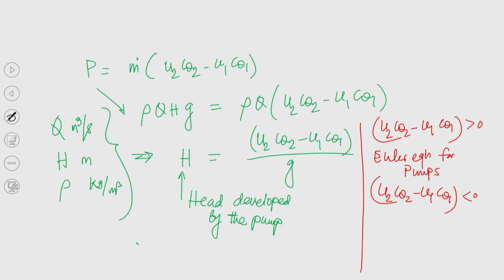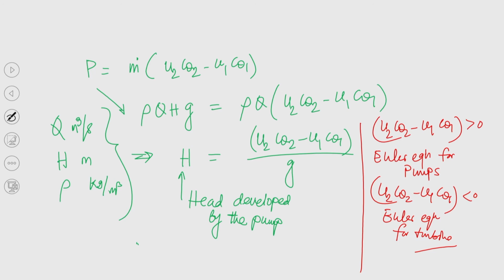it is known as Euler equation for turbine. In that case, fluid does work on the machine, rotating element. For the pump, rotating part does work on the fluid. So, this is Euler equation for turbine, right. And this is known as Euler equation for pumps and turbines, depending on the magnitude of this